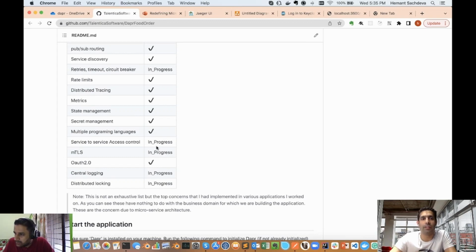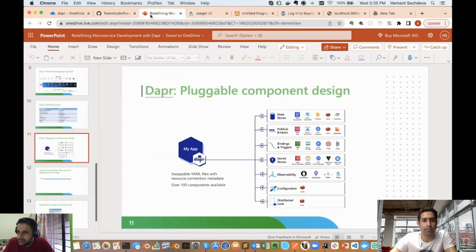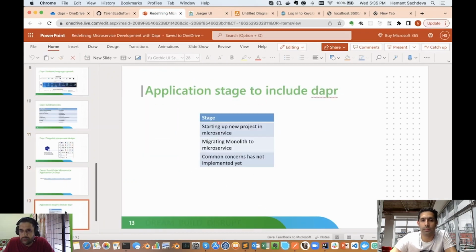Okay. And even in this slide I forgot to mention, I have also mentioned when is the appropriate stage of the application to introduce Dapr. If you are starting up a new project, and that project is microservice, then definitely at a very early stage we can introduce Dapr. If you are migrating from monolith to microservice, then probably you can introduce Dapr in your application. And if some common concern has not already been implemented in your application, then probably you can also have a look at Dapr. But if you have already implemented most of the concerns,